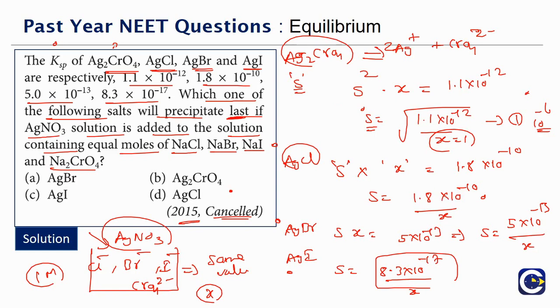So which of them will be precipitating last? It is Ag2CrO4. So whenever we have a question like this, which will precipitate first, we have to check the concentration of the ions where the precipitation starts, and based on that only we will be able to comment. So what is the answer for